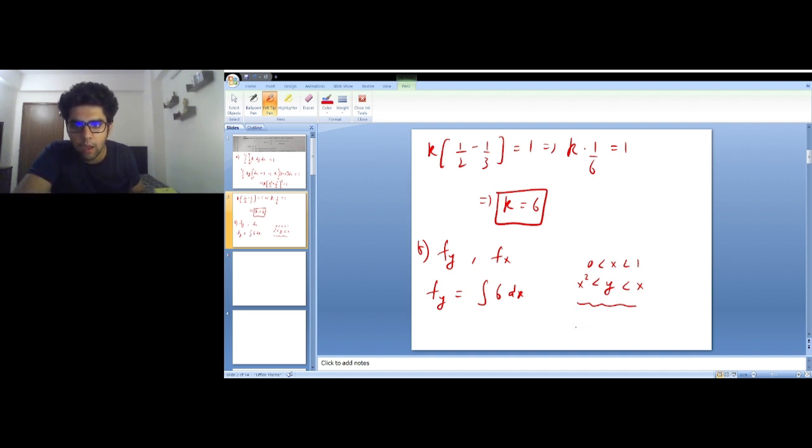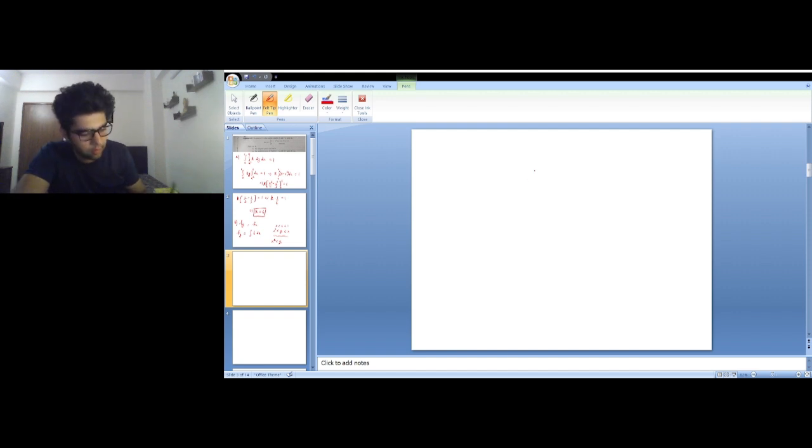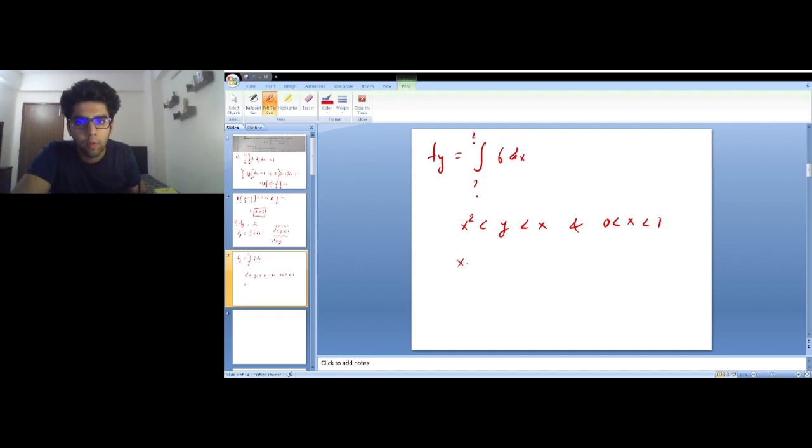So basically what I can do is, my x square is less than y. So we need to find f(x) dx, and we are trying to figure out the limits of x, right? To capture the whole effect, I would be converting the limits of x in terms of y. So I have x square, y, x, and I have x lying between 0 and 1. So what I'll be doing is, x square is less than y. This implies that